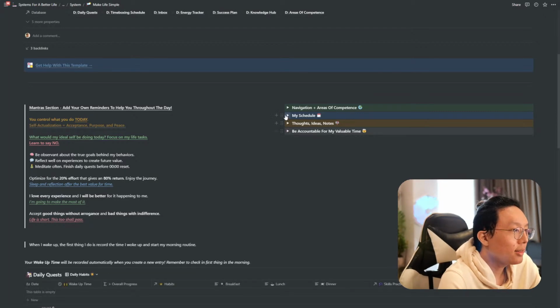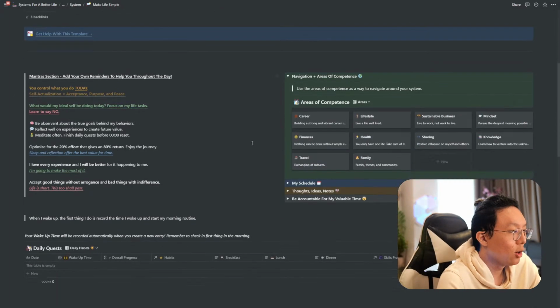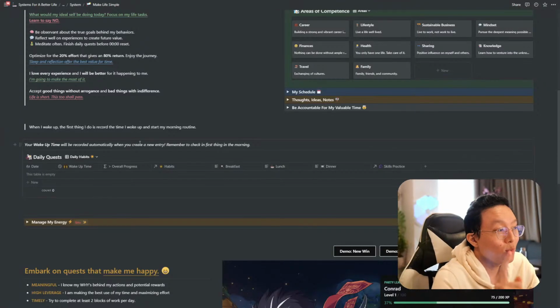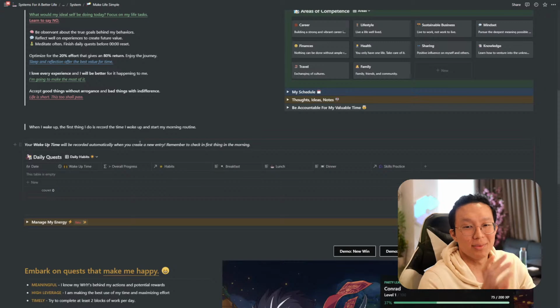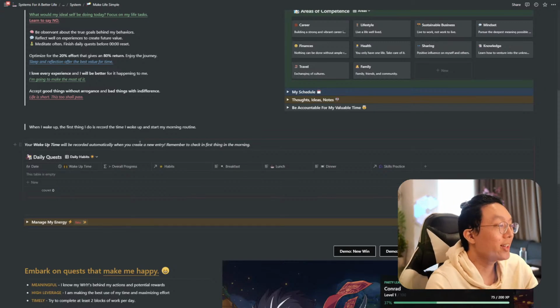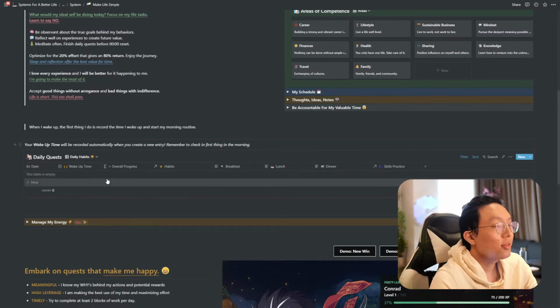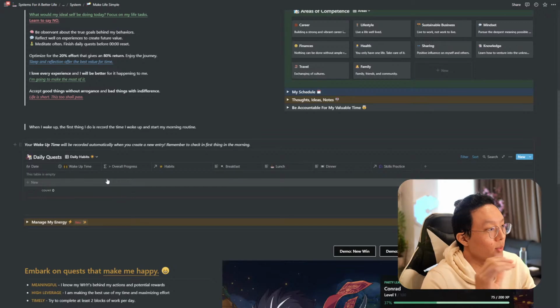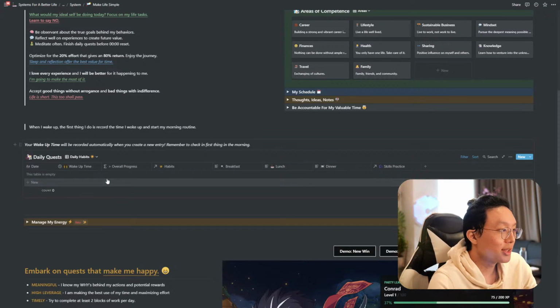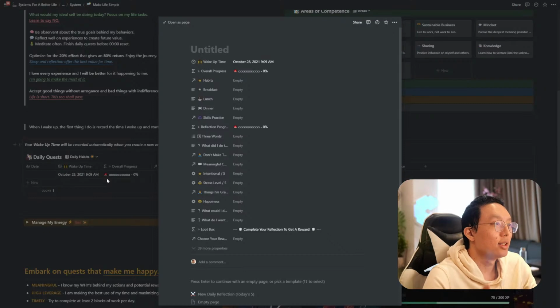So let's hide all that now, and I like keeping my navigation open, and we can see that. Oh, also one thing I wanted to show here is a really cool improvement to this page that I really want to share with you guys: from now on, you don't have to worry about jotting down your wake up time by yourself. All you have to do is just press new, and immediately the wake up time,